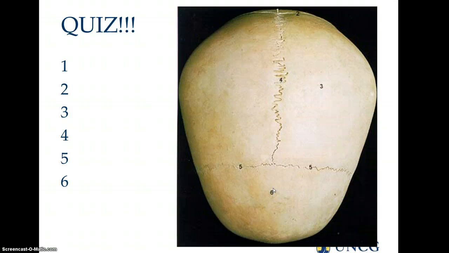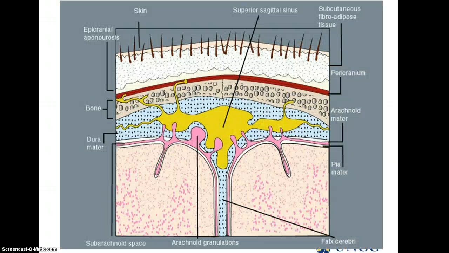The final thing we're going to talk about when we talk about bones is sort of the cross section. So if you take your skull and chop it in half, you can kind of see a whole bunch of different structures sitting here. Going from superficial to deep, the most superficial is obviously your skin layer right here. Just below that is sort of an adipose fibrous tissue. So yes, there is a layer of fat in between the skin and the skull bone, which is located right